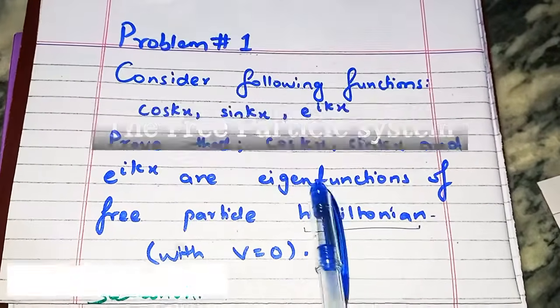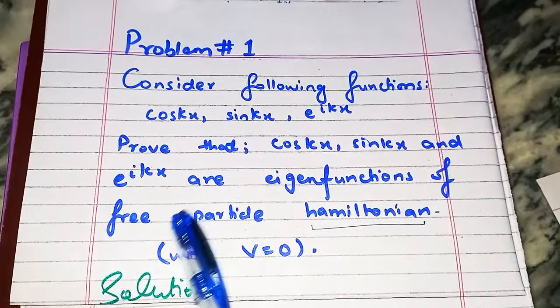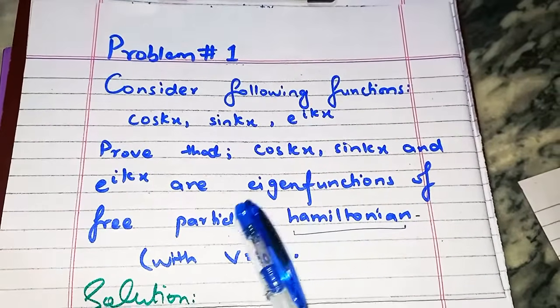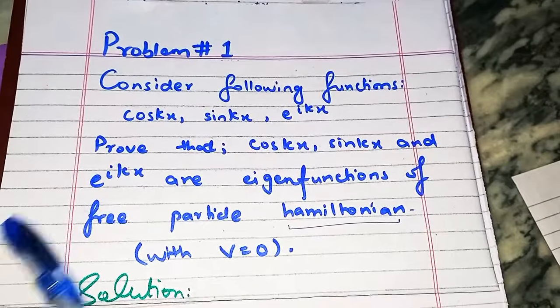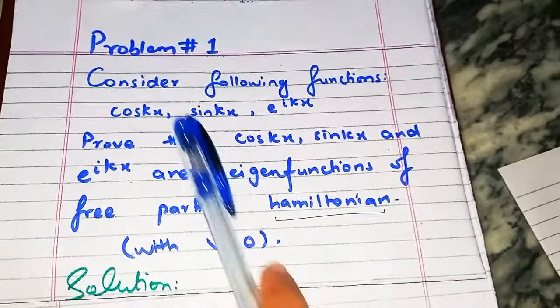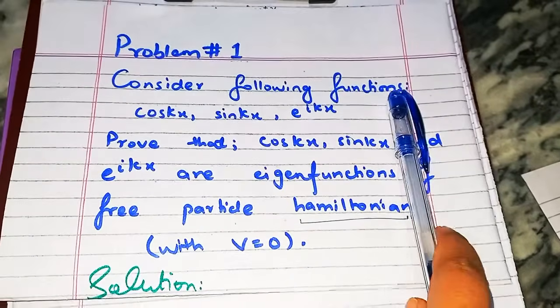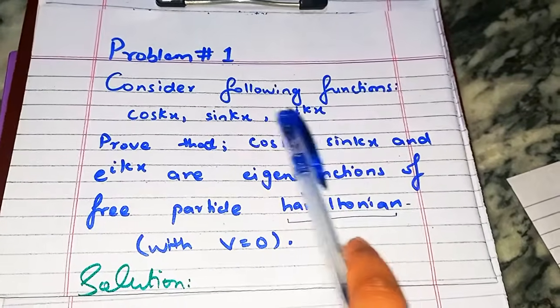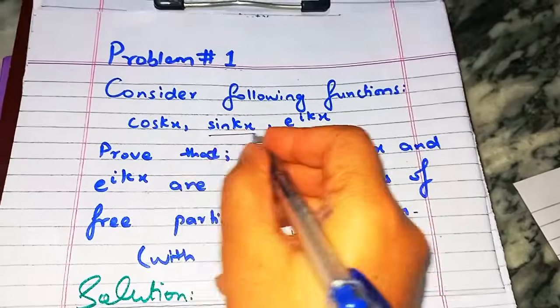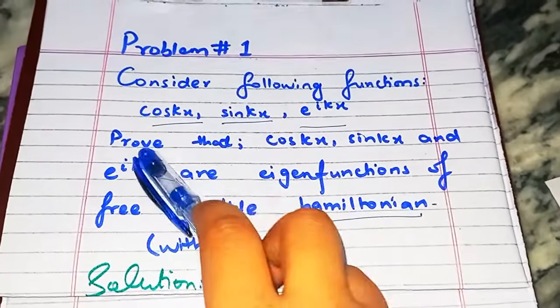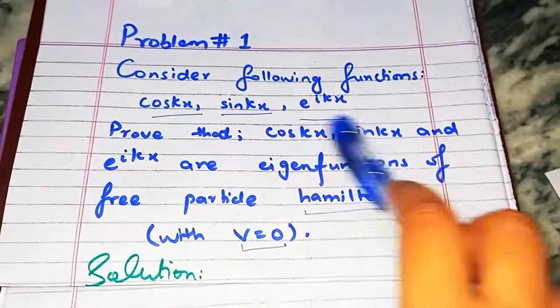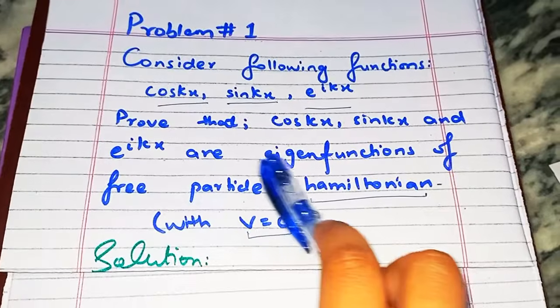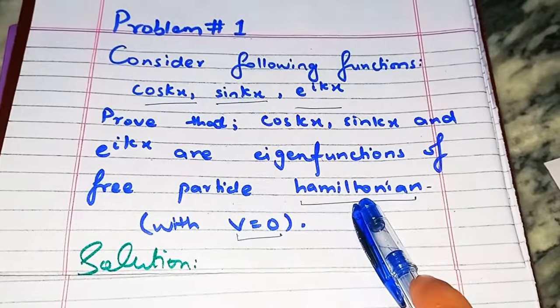In this video, we'll be solving this problem which is related to free particle in quantum mechanics. So let's see the problem statement and we'll dive directly into the solution. The statement says that consider following functions cos kx, sin kx and e to the power i kx. So these are three different functions that we have in here. Then prove that cos kx, sin kx and e to the power i kx are eigenfunctions of free particle Hamiltonian with V